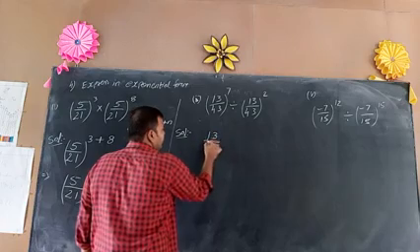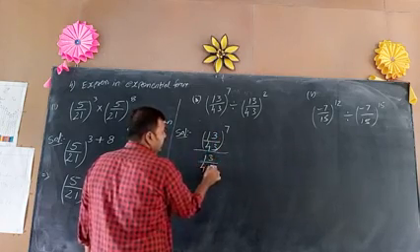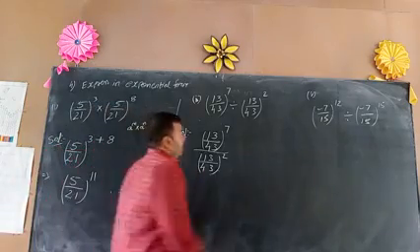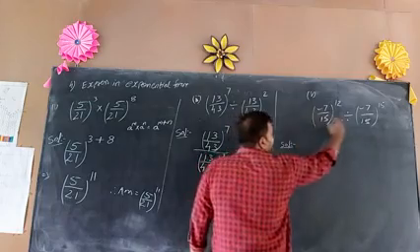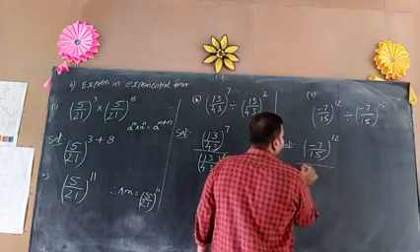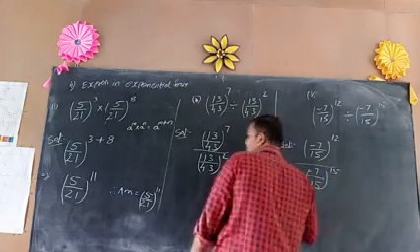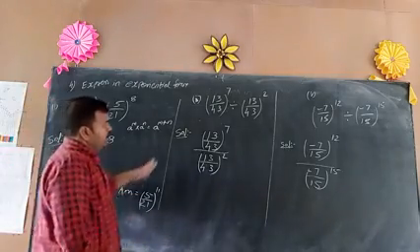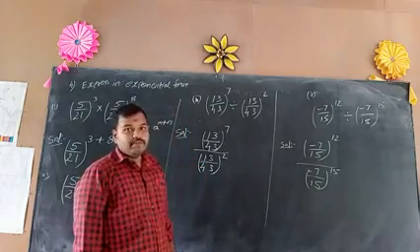13 by 43 whole to the power of 7 by 13 by 43 whole to the power of 2. This is the sum here. Again, the same one is here like this. Bases are same. So minus 7 by 15 whole to the power of 12 by minus 7 by 15 whole to the power of 15. In these two, we have to observe something. Both are division forms, but we have to observe one thing.